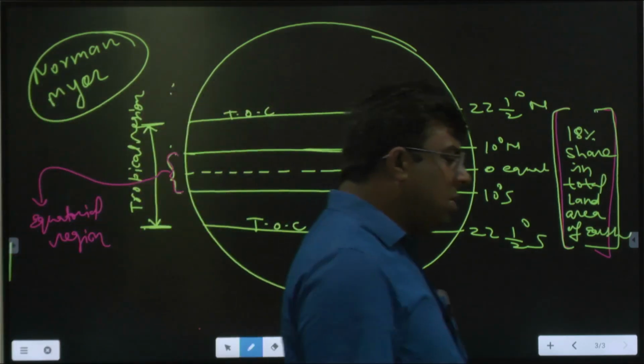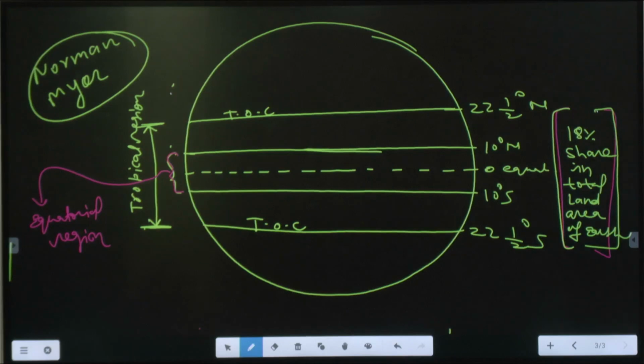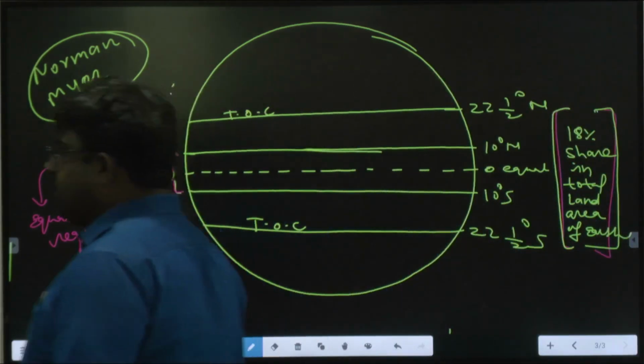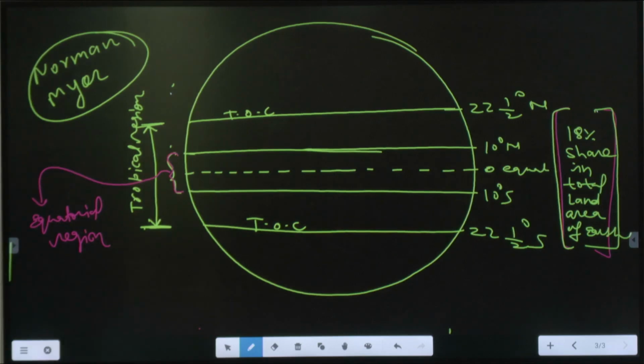So it is all about the distribution of biodiversity on Earth, and based on this content you can practice one